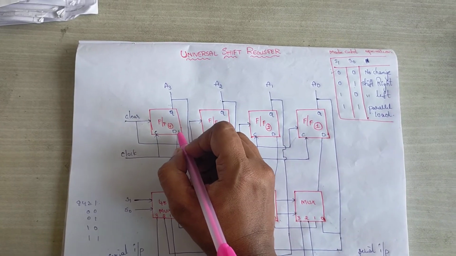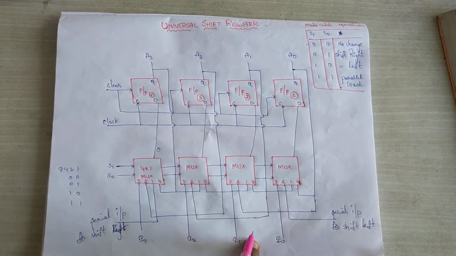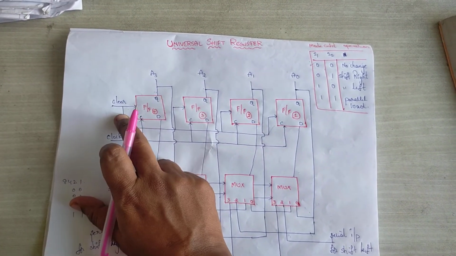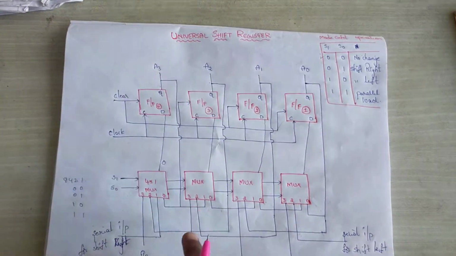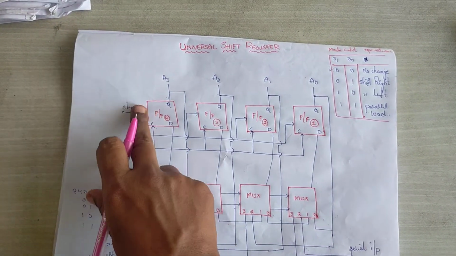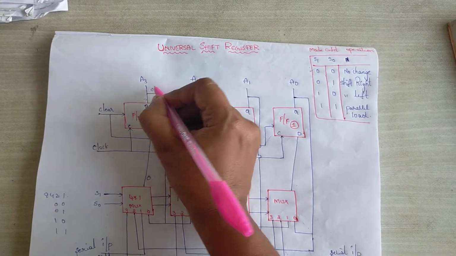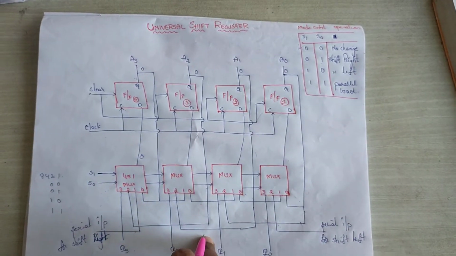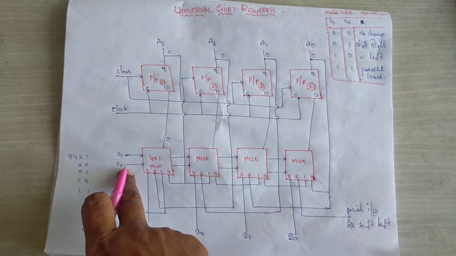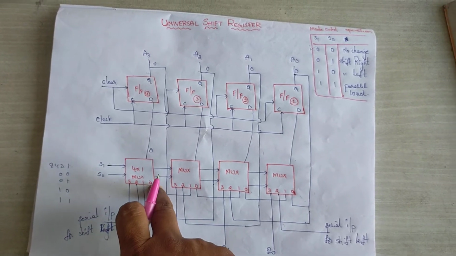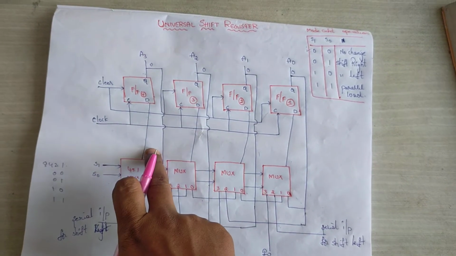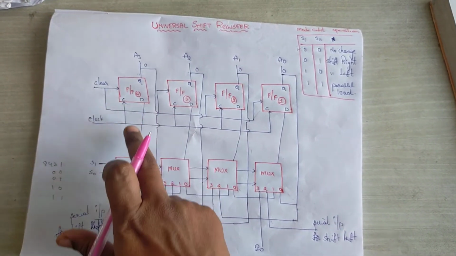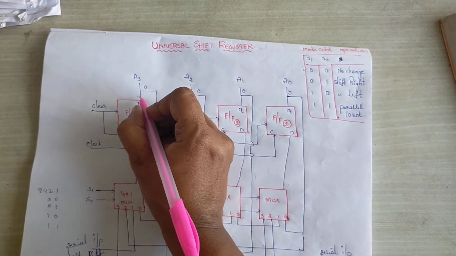Already, before starting this explanation, we have to clear this. When we enable this clear input, what were the outputs here? Before starting this selection input, if we clear this input, the outputs are 0, 0, 0, 0. When we apply input S1, S0 as 0, 0, here 0 will be selected. Now the output of this is 0 and this 0 is applied as input to the D flip-flop, and the D flip-flop input is 0, so again the output is 0.